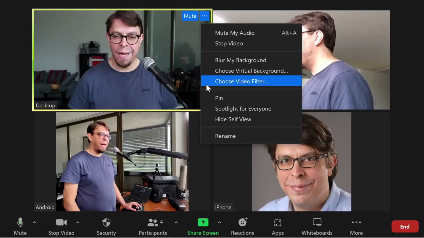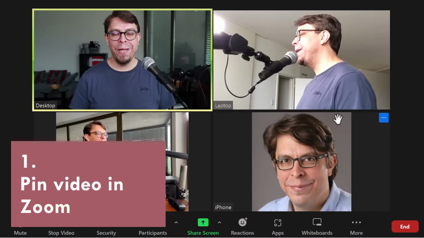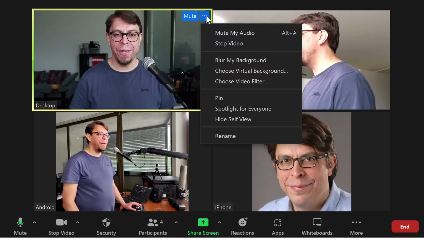In Zoom, you can make a video full screen by pinning it or by spotlighting it. In this video, you will learn the difference and how to use both techniques correctly. If I want to make myself full screen, I can go to the three-dot menu next to my video here